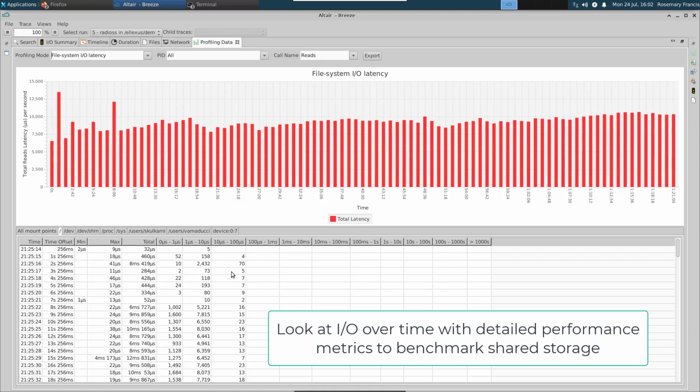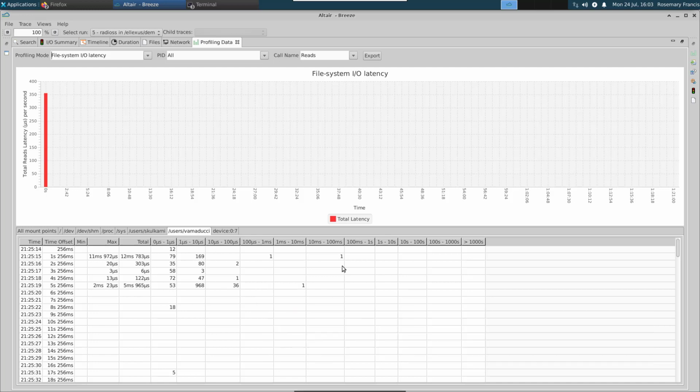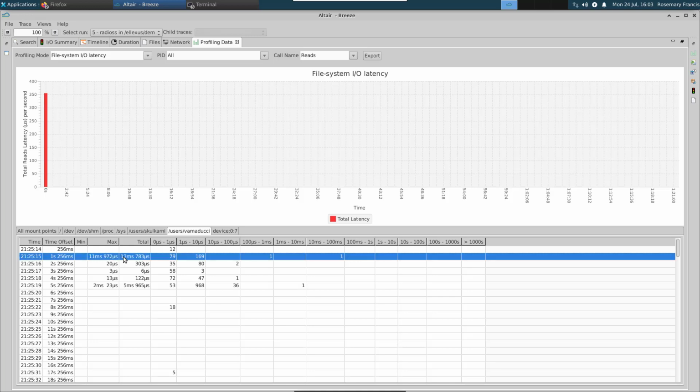in this case reads. If I switch to the root file system, the reads are relatively fast, this being a local file system, but I bet if I look at the user directory, which is a shared file system, you will occasionally get much longer reads and writes, and there is a read that took 12 milliseconds. That's not uncommon for shared file systems. Breeze can't explicitly tell you when an application is getting a cache hit or a cache miss, but it is safe to assume that anything in the sub 10 microsecond range is a cache hit and is coming from local storage, whereas anything taking longer than a millisecond is certainly going over the network,